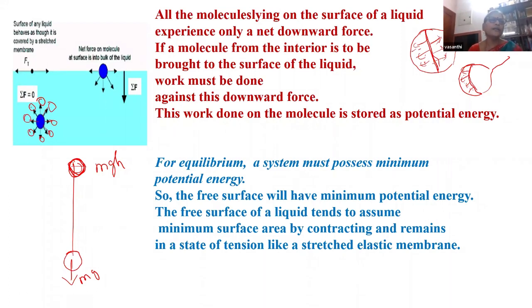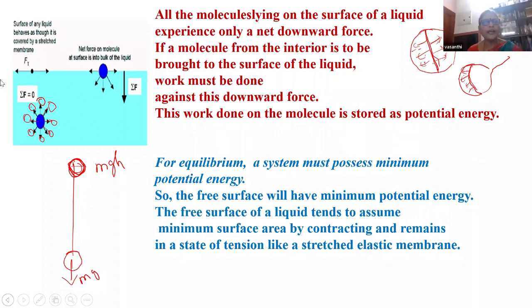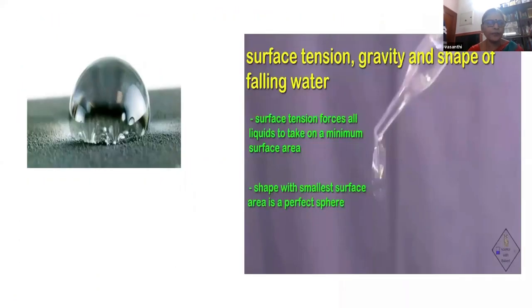But you know that every system tends to be in the lowest potential energy state. What is the tendency of any system? Lowest potential. So a free surface will have minimum potential energy. So any free surface tends to attain a minimum surface area. That is why a small spherical drop attains